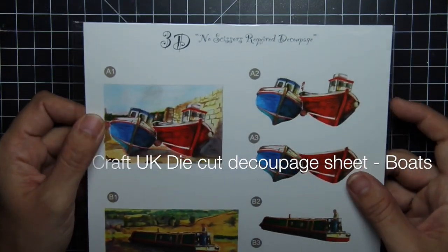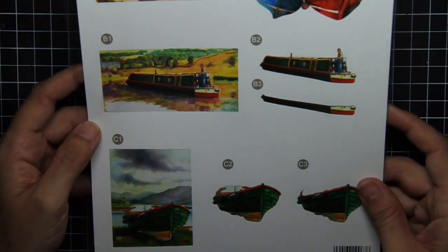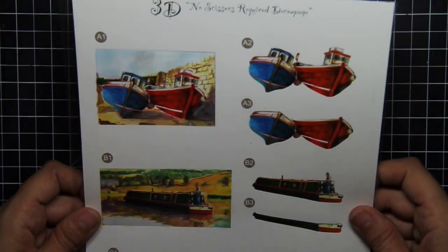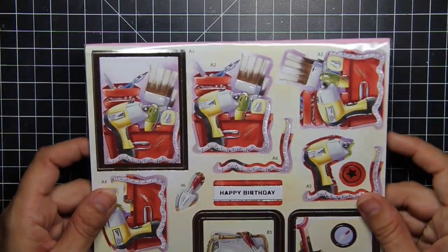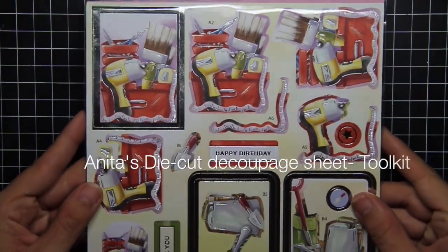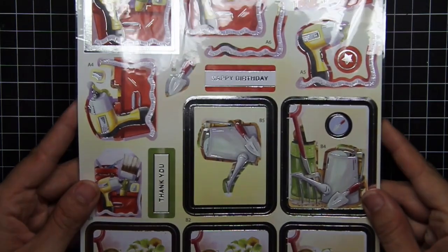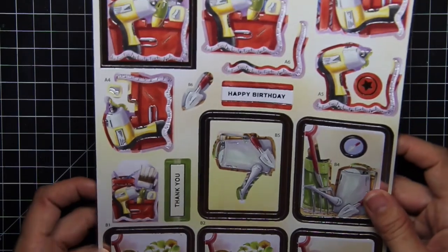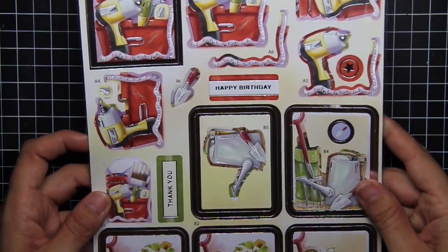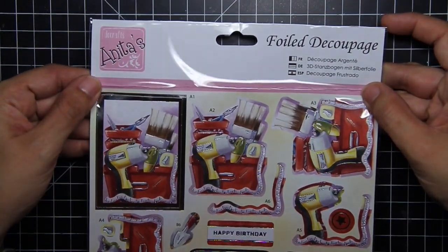We've got a craft decoupage sheet. We've actually got 2 decoupage sheets. This one's all about boating. And the next sheet, see, I'm pausing for dramatic effect, and my hands are still in the way. And the next sheet is all about tools and gardening. So both of these decoupage sheets are actually meant to be built up so that it becomes a 3-dimensional card. And they're super simple. If you've never used one, you're gonna love them. It's a way to make a really dramatic card with actually very little effort. So we have the 2 decoupage sheets,